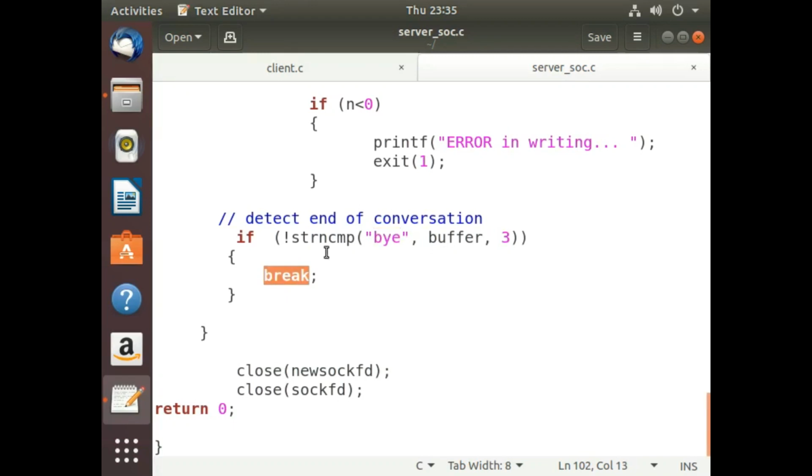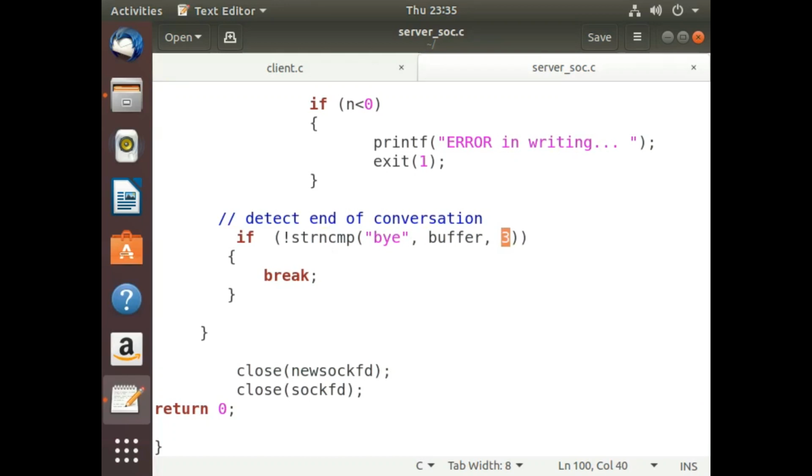Understood? This strncmp function is used to compare the specified n characters from the buffer. So if the buffer's first three characters are BYE, then strncmp is going to return 0.